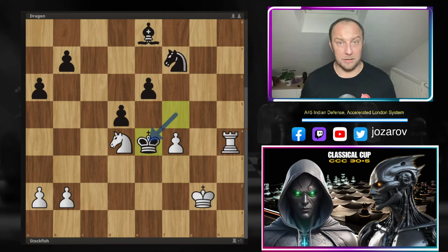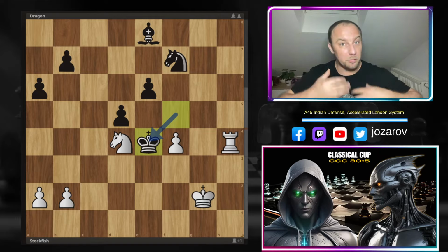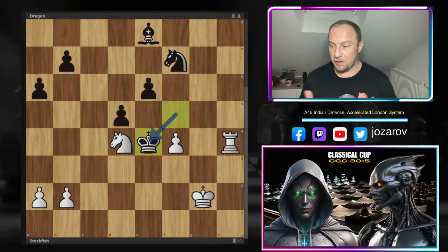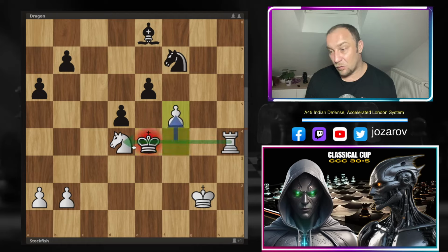Black would love to do that, to bring the king closer to the center of the board, because in an endgame, the king is supposed to play. The king is not something that you should protect. In an endgame, you would love to bring your queen piece now into the attack, but it's not working because of f5, and now the rook is protecting,